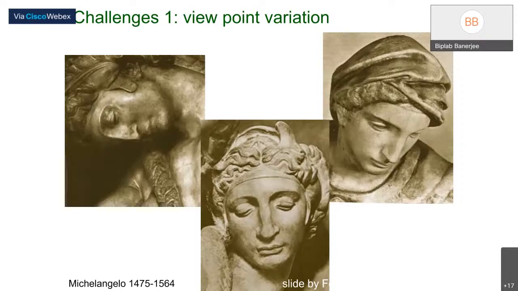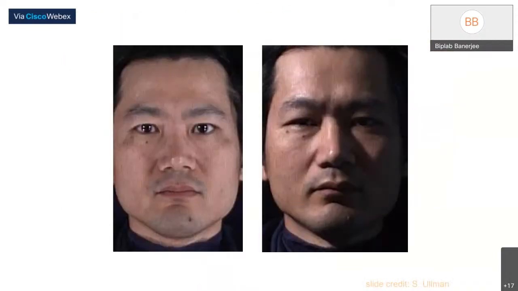I just want to highlight some more problems which were not very solvable in the pre-deep learning era. But with deep learning, the feature extractors of the CNN are able to handle some of these ambiguities. For example, the same object can have different poses, and still the CNN models are able to extract features which are invariant to this pose. The second is lighting. Based on lighting, the identity of the person may seem to change, but deep learning techniques are able to extract features which are lighting invariant.